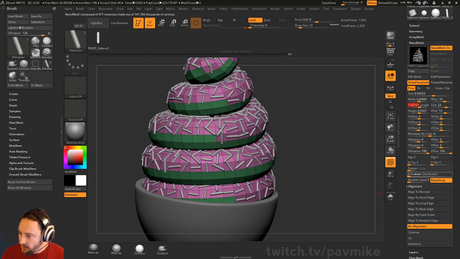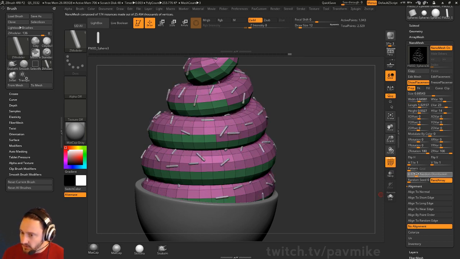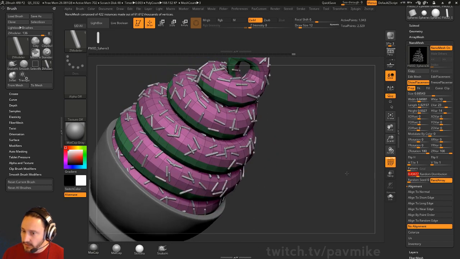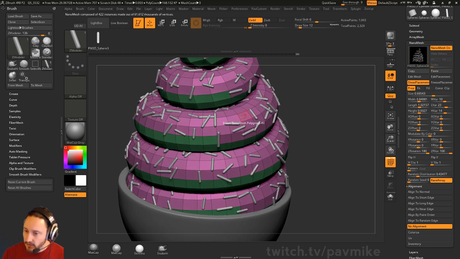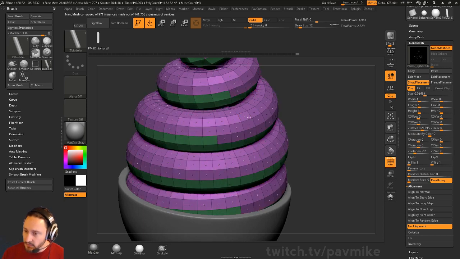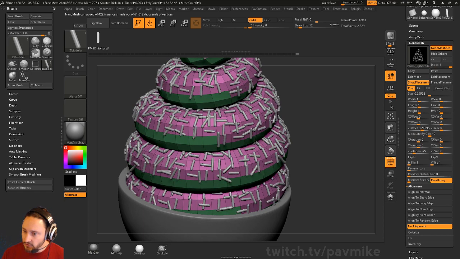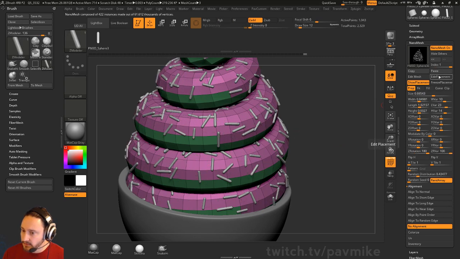Okay, we can also go down here to random distribution. You can just start dialing them in here. It's like, okay, that's perfect. We like this distribution, but there's not enough sprinkles. However, I want to make more colors. So what I'm going to do is copy these nanomesh properties. I'm going to start dragging out another nanomesh here, but you're going to see it's going to replace it. So I'm going to hold down Shift, and that'll just drag out another sprinkle, and then we can go ahead and paste those